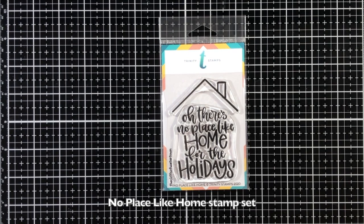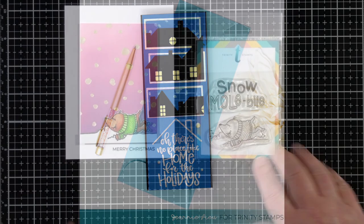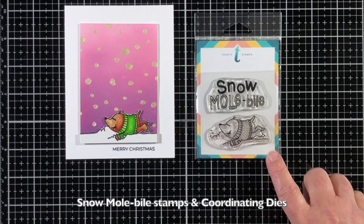No Place Like Home. There is a beautiful thought. Now, there is a wonderful look to this. It is a stamp set with no coordinating dies, and you can see here that it's very versatile. Here's a look at the